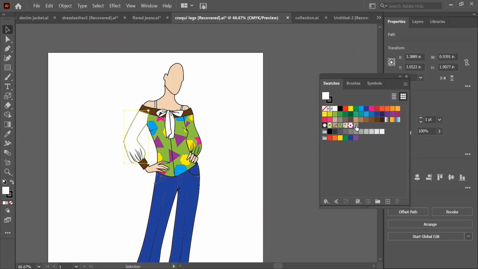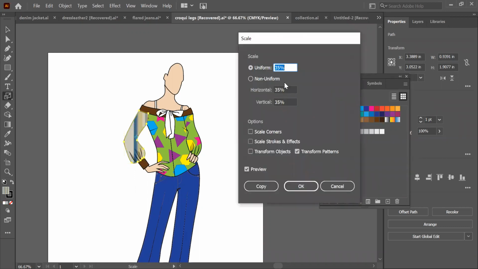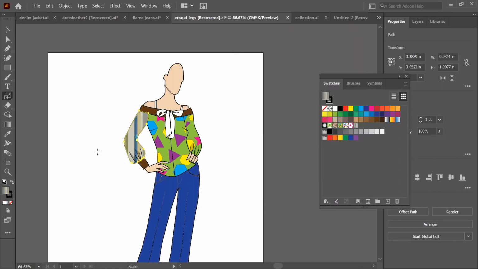So I'll just select it, and I'm going to scale this down, maybe to 25. And I'm going to rotate it, rotate not the object, only the pattern.